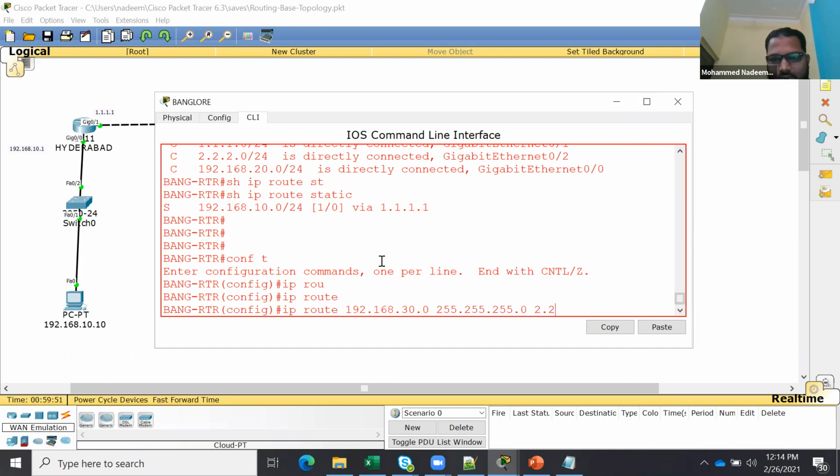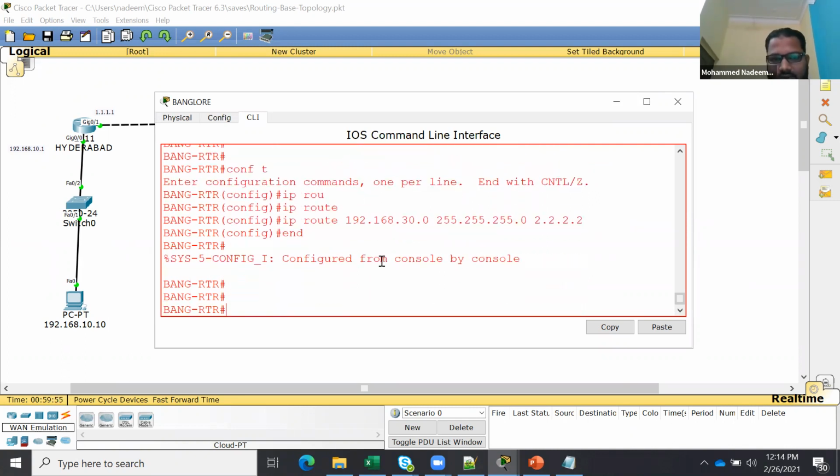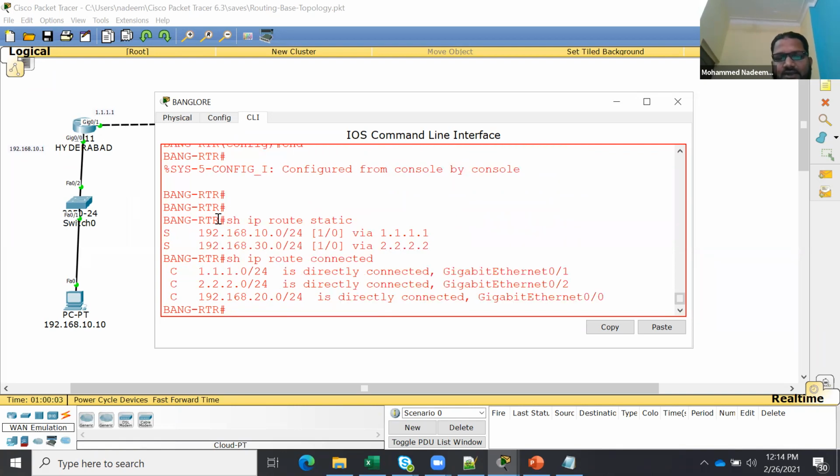Next hop 2.2.2.2. Done. If you check static, 2 networks are static and 3 networks are directly connected. So 5 networks done.